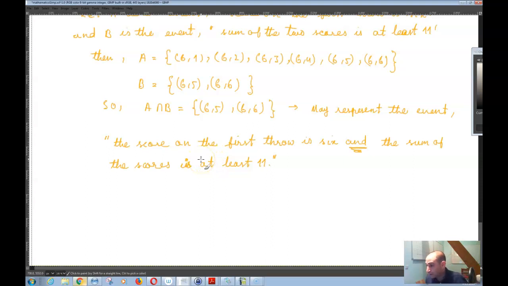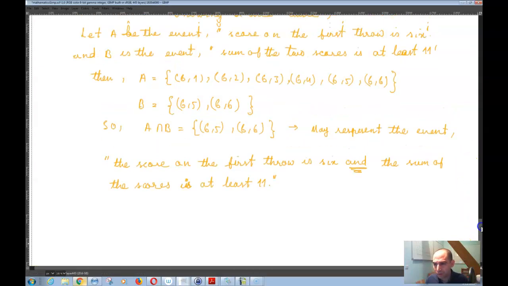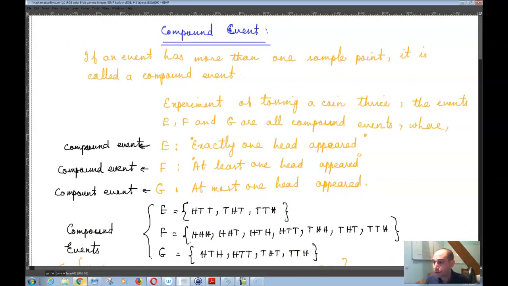So that's that. And then there is one more type of, what do you call it? Well, you cannot call it a type of algebra, but you can call it the way that you combine two sets. So there is another way that you can combine these events,